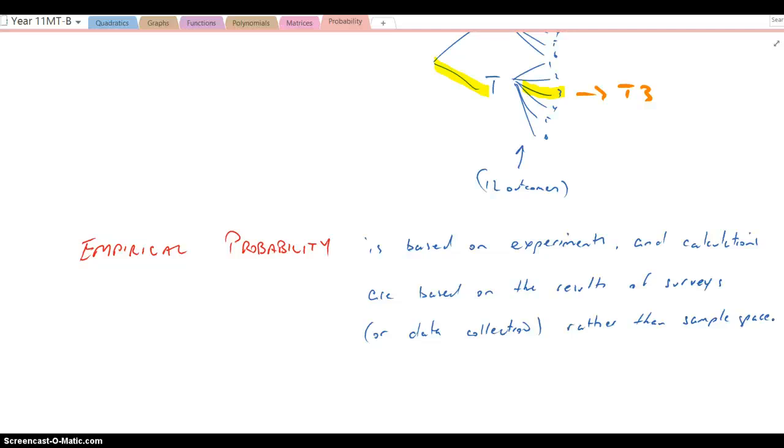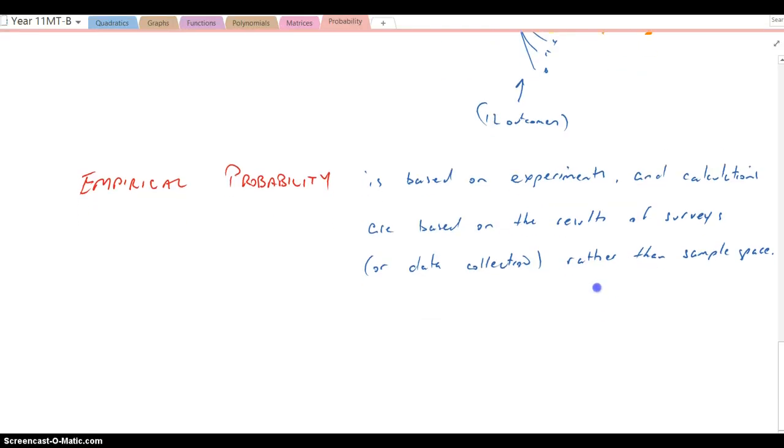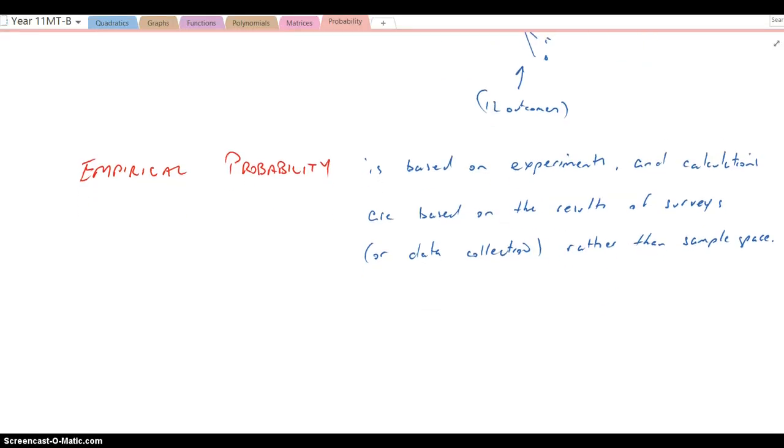So empirical probability, fascinating area. What's the probability that the next car that drives down your street is coloured green? You could guess that it's quite low. You could guess it's quite high. You'd be better off taking a survey of 10, 50, 100 cars, and the more the better, and working the probability out from that data. So this is empirical probability, a fascinating area. We're going to spend a bit more time talking about it.